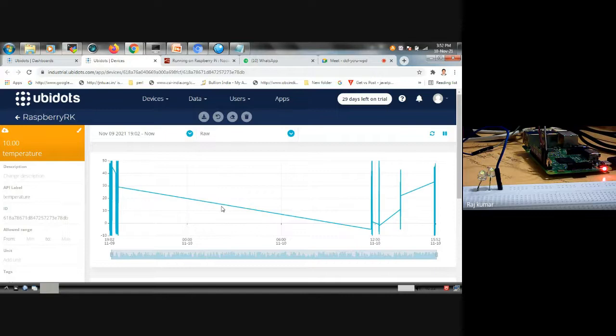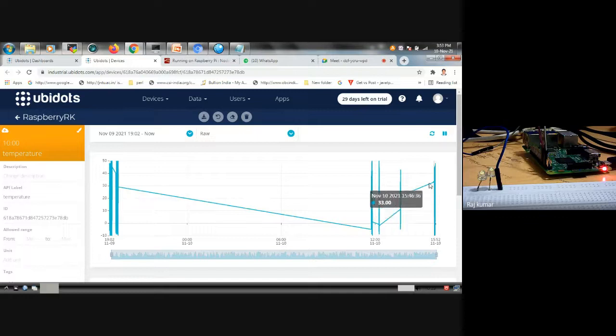So this is the graph generated from the data which I uploaded since this time. Yesterday I started working at 7 o'clock. From that time onwards, I executed this, and the data has been uploaded. So this is the time, and the data which has been acquired. Right now it is 3:52, so we can also analyze the current data. At a given time, what is the temperature? It is 21. It is showing like that.